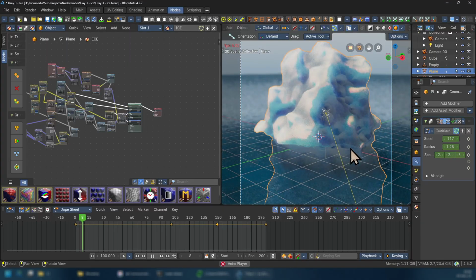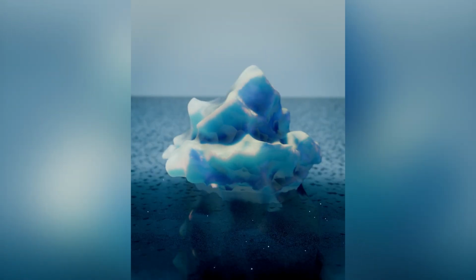So I don't want the fine ice details under the water, so I use the same mask from before to drive the material. And this is the final result. So far, this is one of my favorites of the